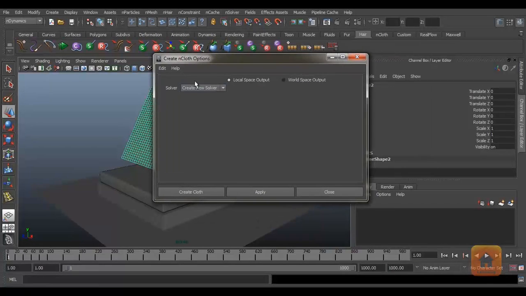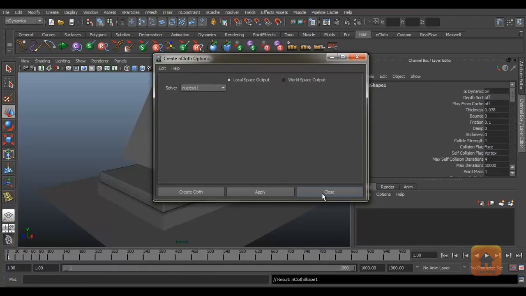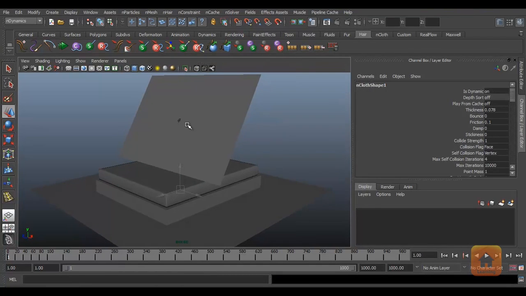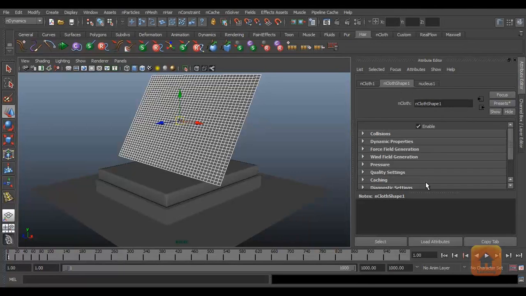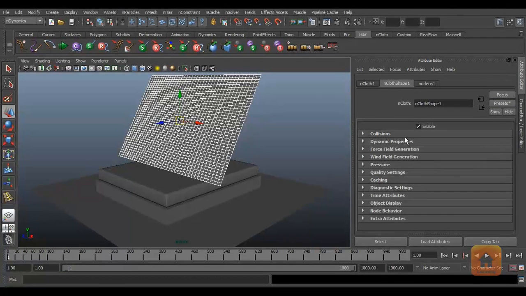Since we don't have any solver in the scene, we'll select create new solver, apply, close. So now you can see there's a nucleus added to this cloth. We'll go to attribute editor, and here you can see the NCloth shape, and these are all the settings